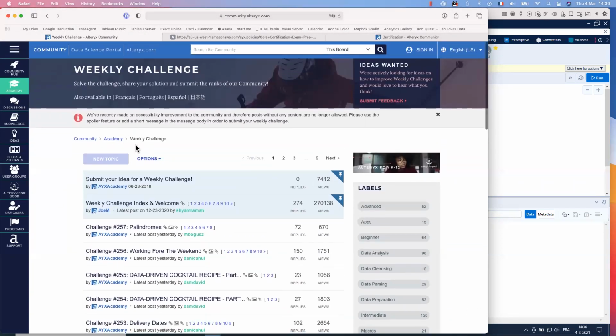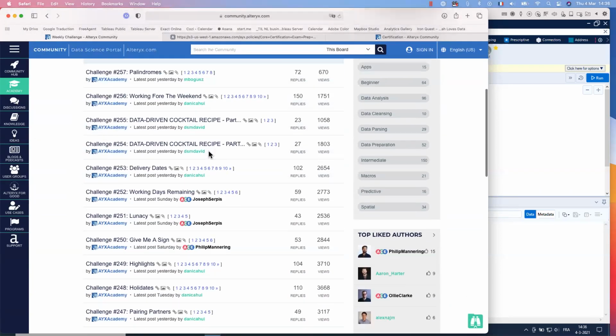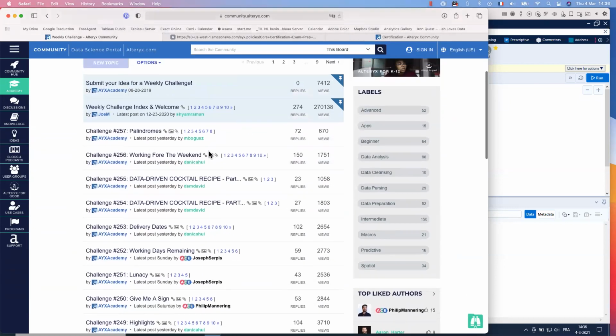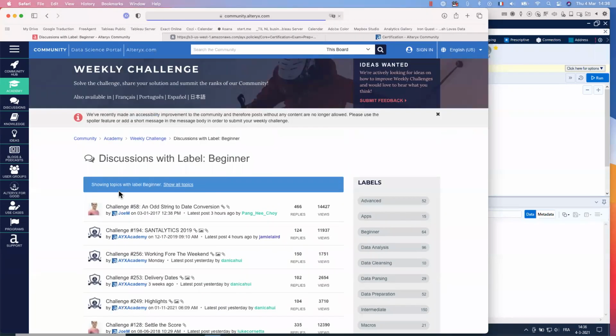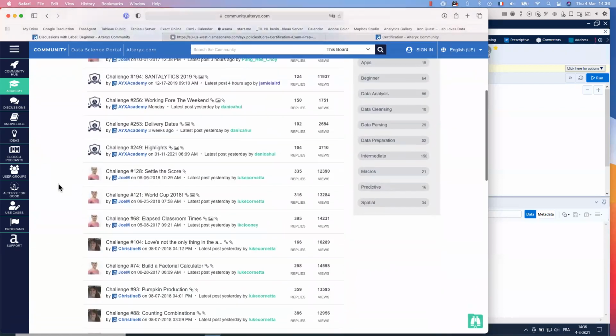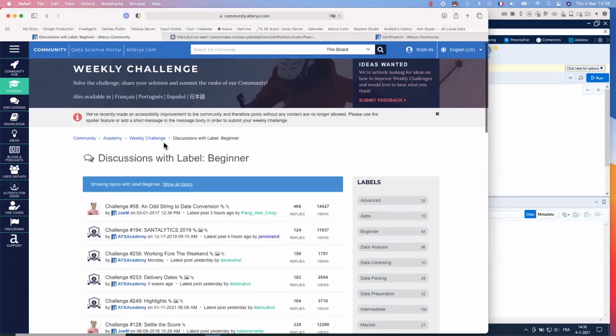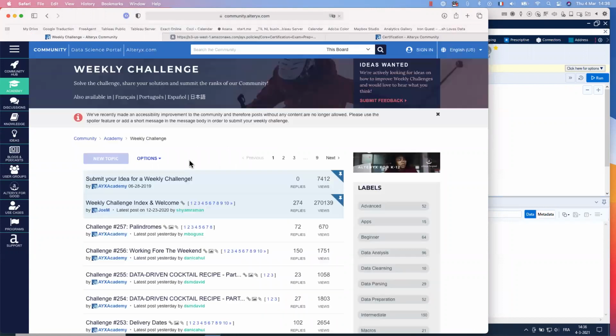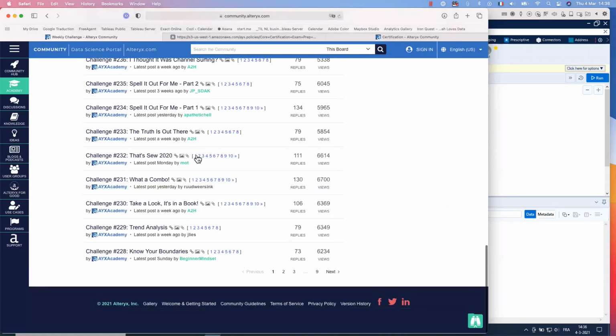Let me check. In fact, you have an option, so you choose the challenge. For example, you have the label. So if I click on beginner, I will see all of the challenges for beginner. Let me check, because I was not looking at this view. Normally I have another format.